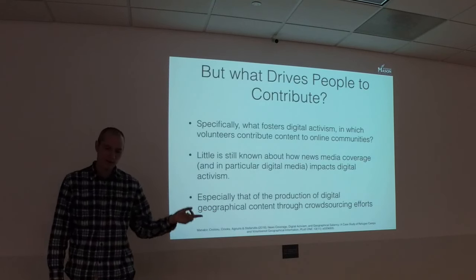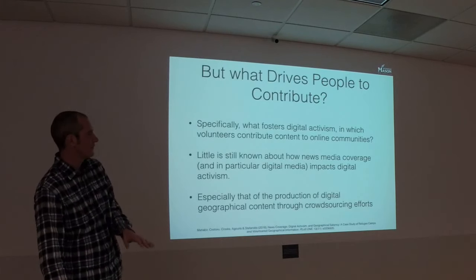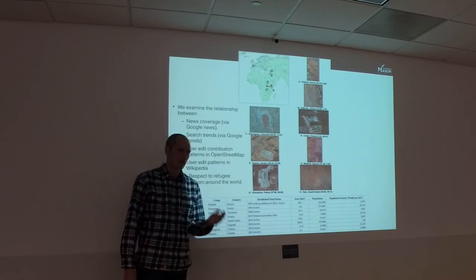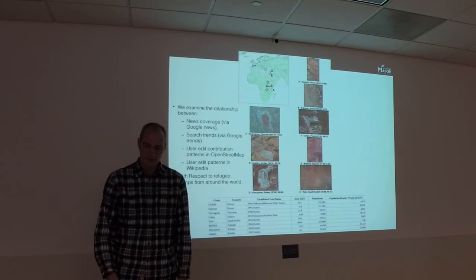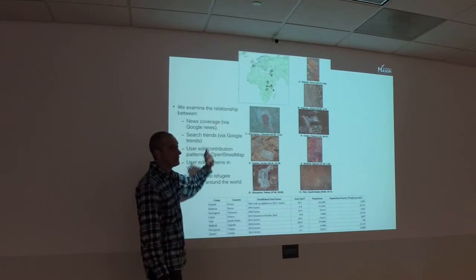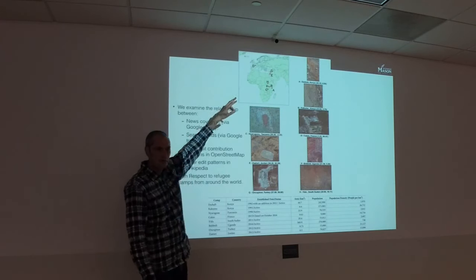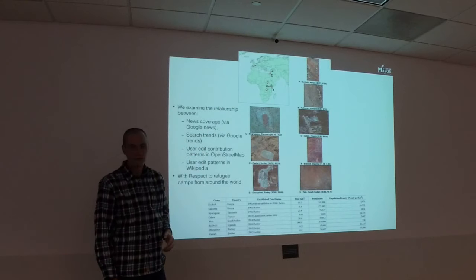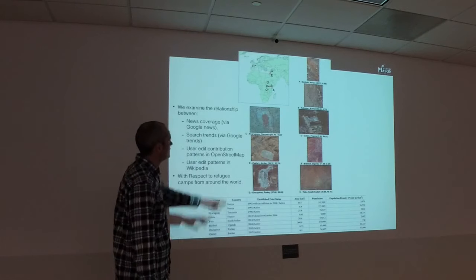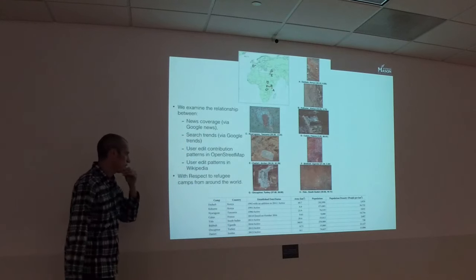So again, we're using OpenStreetMap as our example, but this time instead of looking at slums, I'm diverging a wee bit and looking at refugee camps, which could be classed as slums. We took 8 refugee camps from around the world, randomly selected. One is Calais, the jungle. You might have seen it in the news. It's now no longer there; it might have been destroyed by the French government. We have Dadaab in Kenya, one of my favourites, and then some others spread around the world.